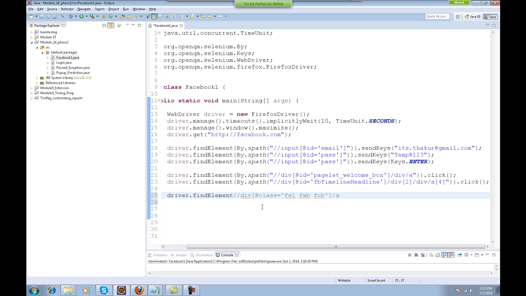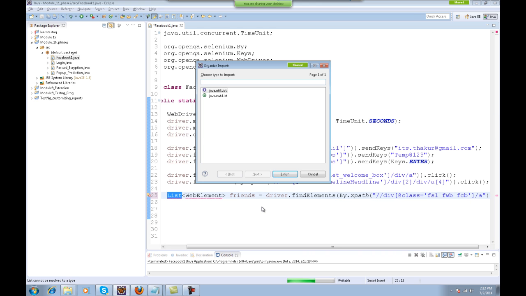Okay, I can use the command driver dot find elements by this particular XPath. What will it do? This will return me a list of web elements known as friends.